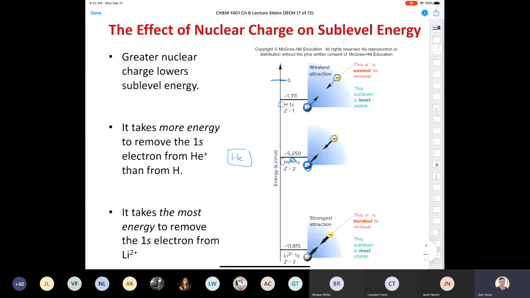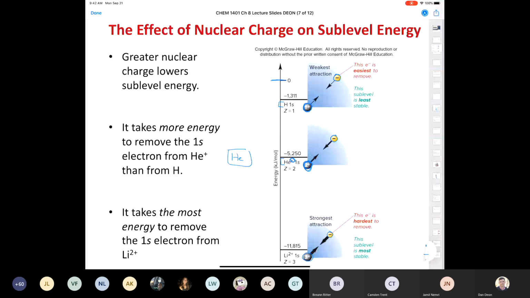And if we take the same rationale and we look at a lithium 2+ cation, now we've got 1 outer electron and we've got 3 protons, okay? So what's the rationale here, or what's the take-home message? Like, what's all this, semicircles or whatever, okay? Or quarter circles, I should say. The only concept that you need to really get from this slide